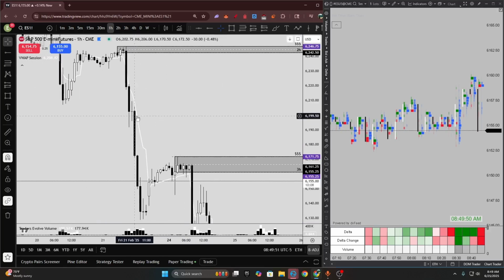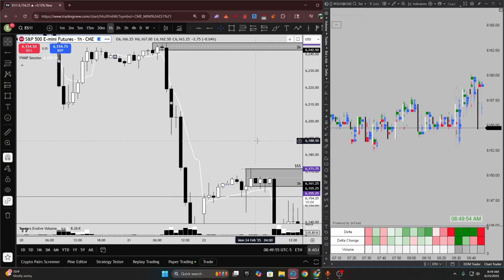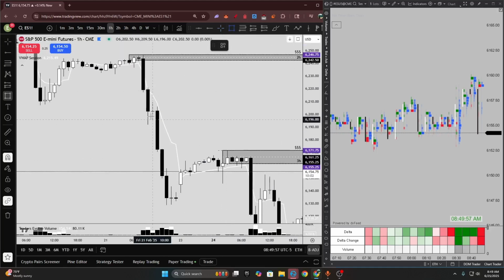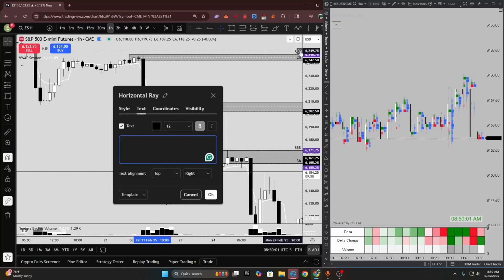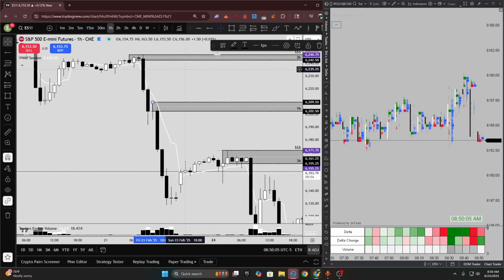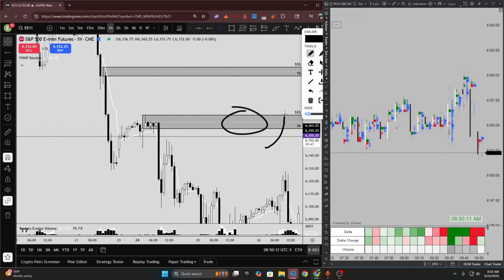Then we're likely going to have 1 hour. I will mark that because it's such a small candle. And there's that. But we're likely heading to try to take out this level right here, which is a main